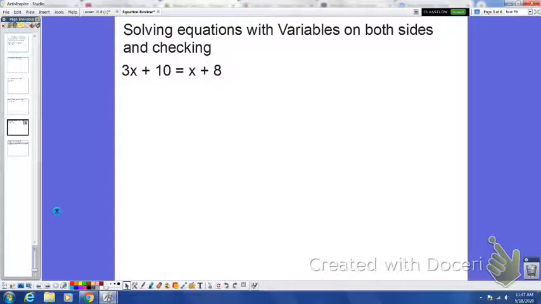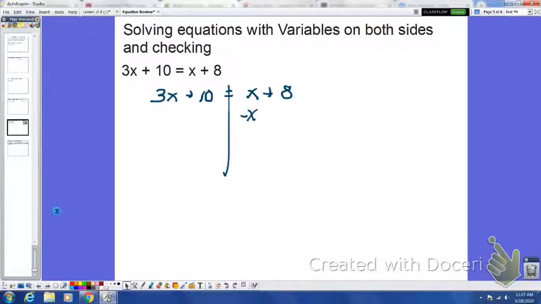Alright, almost done here. Solving equations with variables on both sides. Okay, so I'm going to rewrite this. So we need to get our variables on one side and our constants on the other. It doesn't matter which direction you go here. You can pick variables to the left, constants to the right, or variables to the right, constants to the left. We just need to kind of pick a direction and go. So I'm going to start